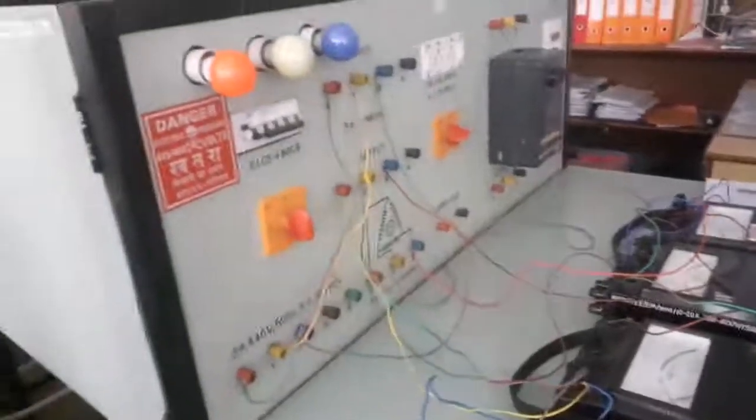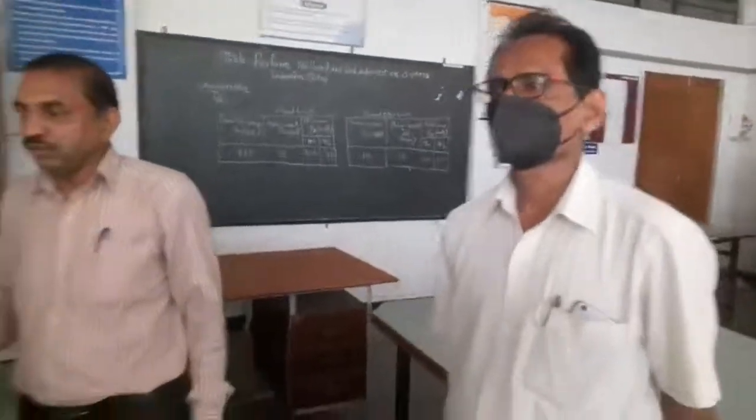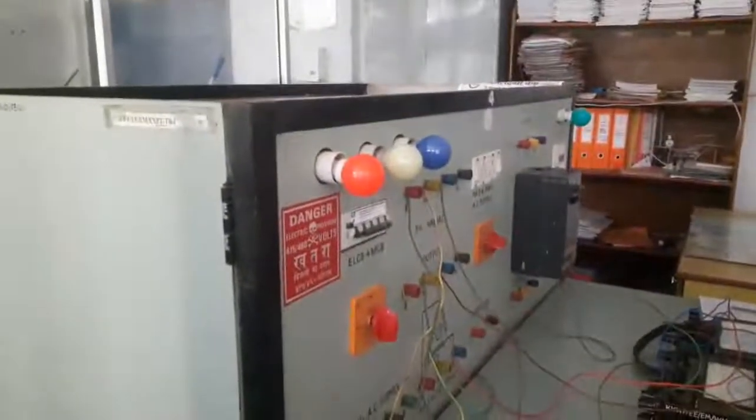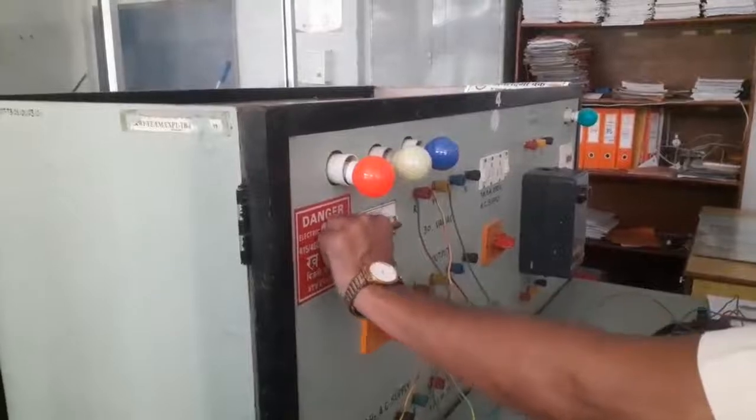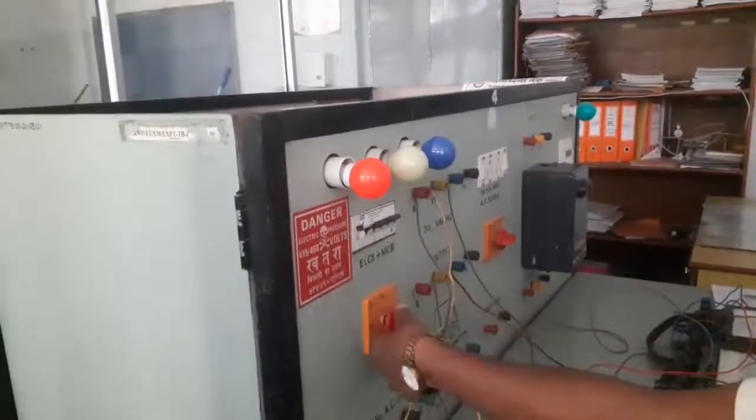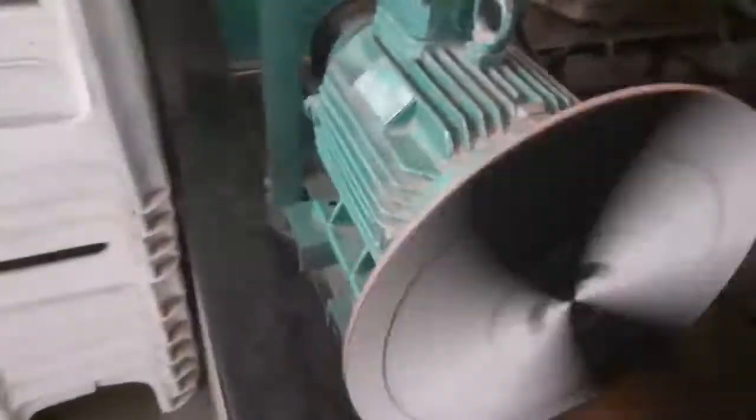Friends, we will actually perform the experiment now. So now my colleague will switch on. Then you can see how the supply goes to the variac. Here we have switched on the supply. So now supply is given to the variac. Now he will increase the voltage of the variac to the rated value. Then we take the readings of